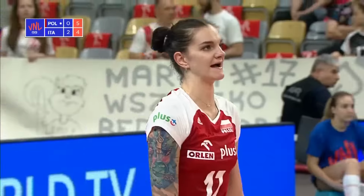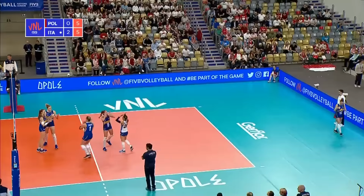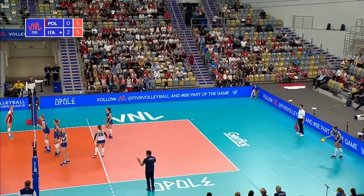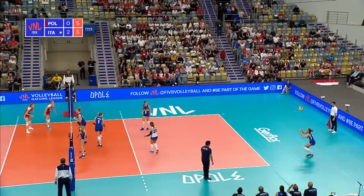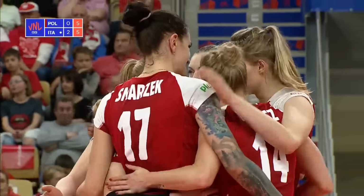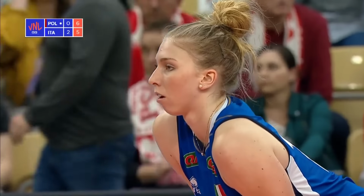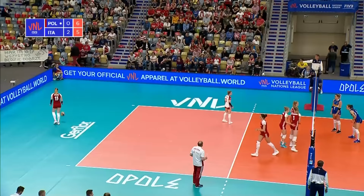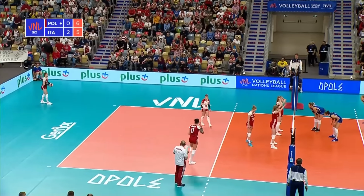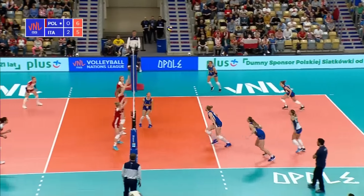And it's Smartcheck who takes her turn with the serving rotation now. Well left. Not the first time she's done that, Smartcheck. Malvina Smartcheck, 22 years old, plays her professional volleyball in Italy, in the north in Bergamo. Kakalewska, another Italian-based player within the Polish setup. And Martina Grażba will serve now for Poland, trying to bring some variety into the...